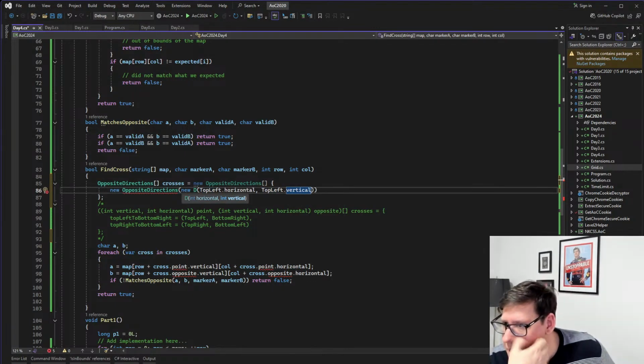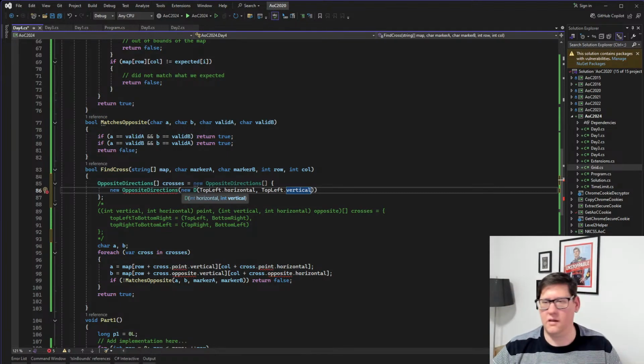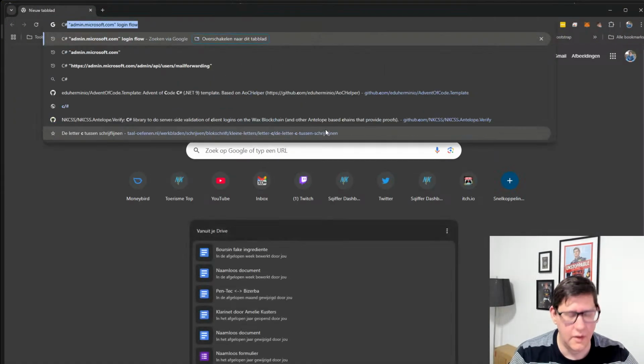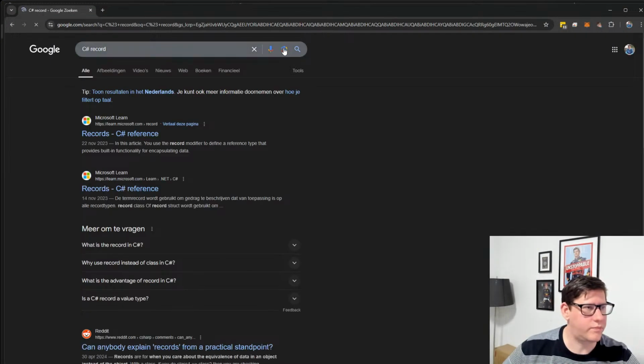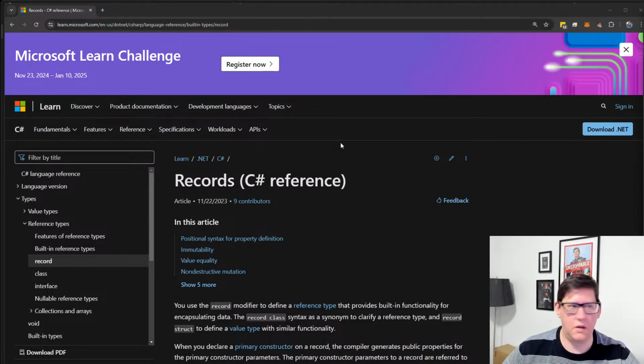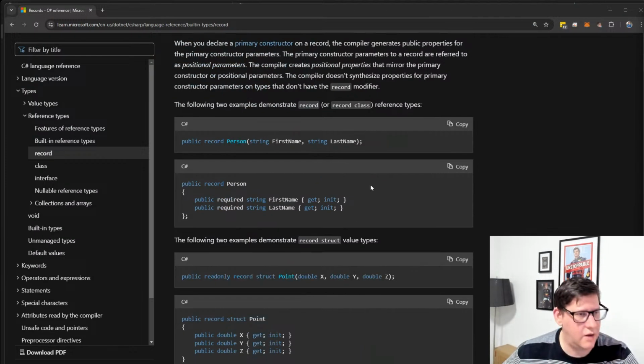Let's see. Is record a class with public variables properties, or has it some other functionality? Yeah, it's basically like the old struct with some optimizations. I'm sure Microsoft can tell you better about it. Record. So I'll just drop this here. It's something that was added a few years ago, and it's like the recommended way of doing this,